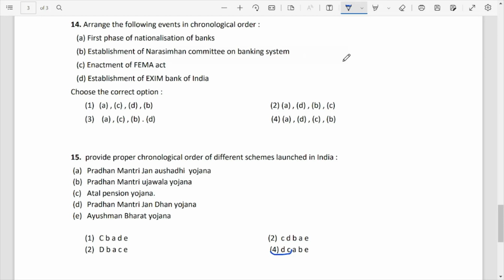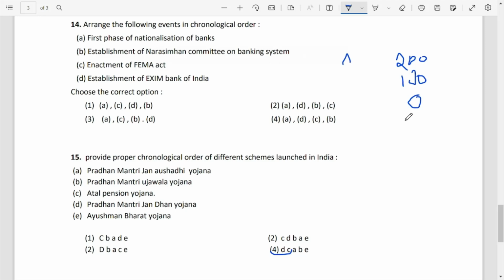So now my options are: A option is that the government has to pay 200 crore rupees. B option is the government has to pay 100 crore rupees. C option is that the government has to pay nothing, means 0 rupees. Or the last option is it is not related with this. So the options are A, B, C, D: 200 crore rupees, sorry, 100, 0, or it is not related.